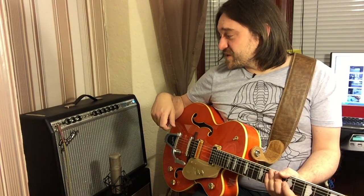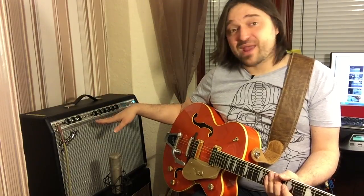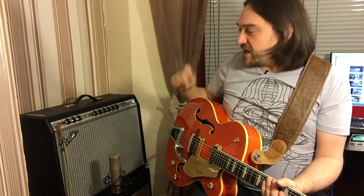But once you've got the amp with two 10-inch speakers, it's usually a whole different game. It's usually a different tonal quality. It tends to be a little bit tighter, and at the same time you have to bear in mind that usually smaller speakers don't mean less dynamics or low-end response. So actually this very amp tends to have more low end than the Fender Deluxe from the same series. Okay, but I'd like to show you